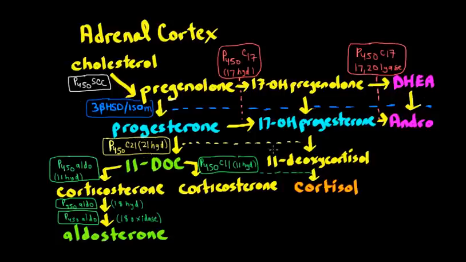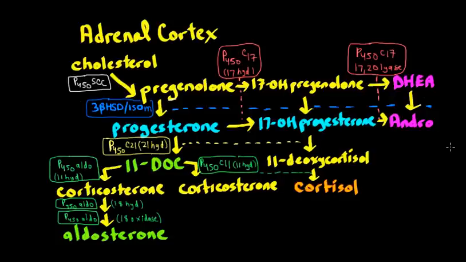If you have that enzyme inhibited, the immediate precursor, 17-hydroxyprogesterone, is elevated, and that's one of the tests that you can do to see if someone has the 21-hydroxylase defect, because you would imagine that the immediate precursor that's acted upon by the enzyme would build up. Okay, so a lot of these steps are really important, especially in disease, and it's a really good idea to be thinking about them